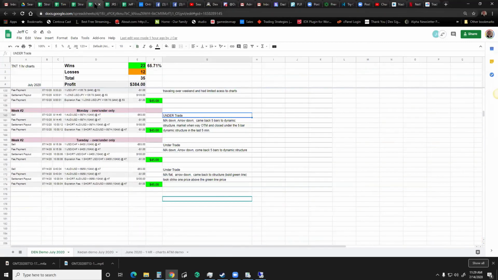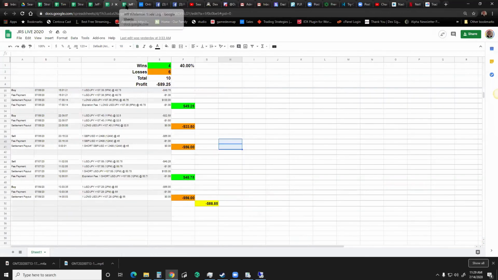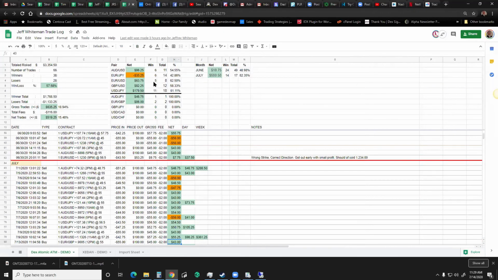But there's some people that have, you know, how many pairs work best for me? Okay, here's Jeff Whiteman's. Thank you, by the way. This is awesome. He made me like, I hate the Euro JPY. Won't ever trade it. None of the other ones are it. He doesn't trade any of these.